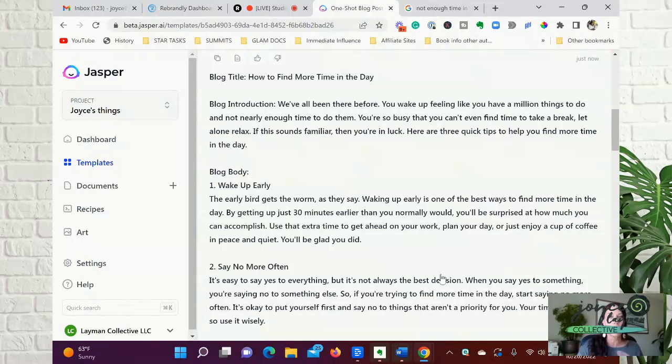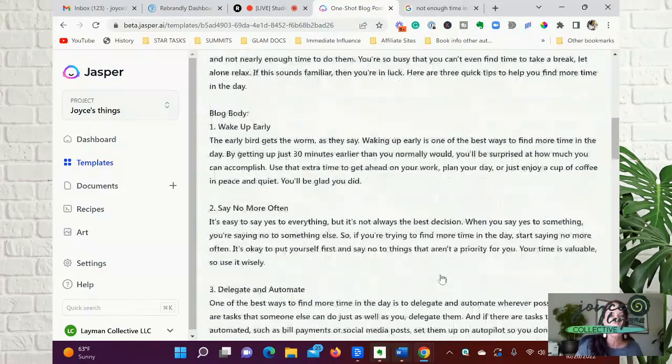Here are 3 quick tips to help you find more time in the day. Great introduction, because this gets into what they call the pain agitate solution. So you're speaking to the pain and the problem. You're agitating a little bit. And you're saying, by the way, I have something that I can help you with. I use that PAS statement for every blog post, for every live video that I do, for every workshop opening. I don't always use it for emails most of the time, but it's a great marketing format. It's been a marketing format for a very long time.